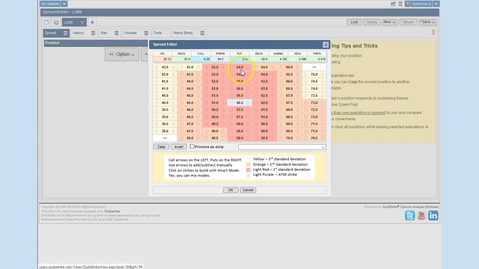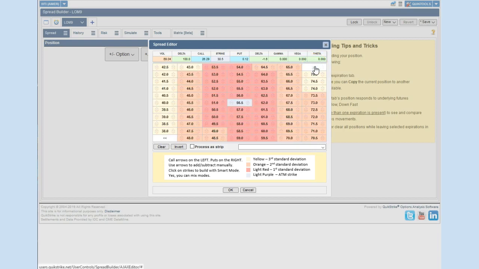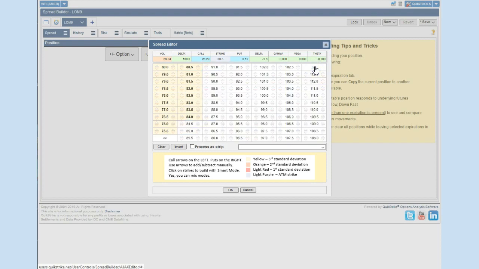So it snakes like this. I'm going like that on the downside and like this on the upside. Okay, so when you pull it apart, it's just one straight line of strikes. If I want more strikes, I could hit these double arrows and it'll take me over, and you'll see that these are outside. They're colored white. There's no color on them, but